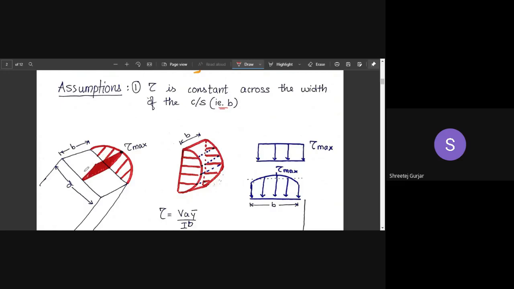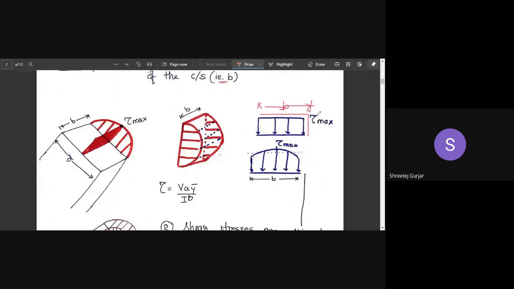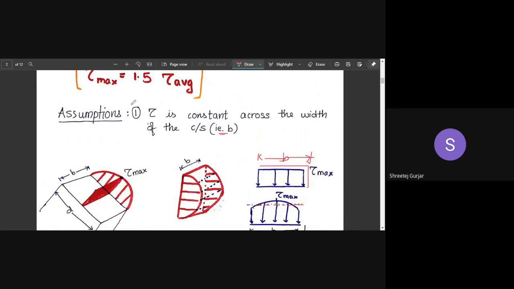So if you take this particular section which I've drawn here, tau max, this particular rectangle, it is visible like this, this is your breadth. Okay, this is your B. It is constant, not varying with respect to your width. Okay, but actually this is not the case. We have assumed that it is constant, but actually it will be varying in this particular format. Across your B it will be varying, and what we will take is this particular average which I've shown over here. We will take this average and consider that value over here. Okay, so this is not important. Just remember that the assumption we make is that tau is constant across the width.